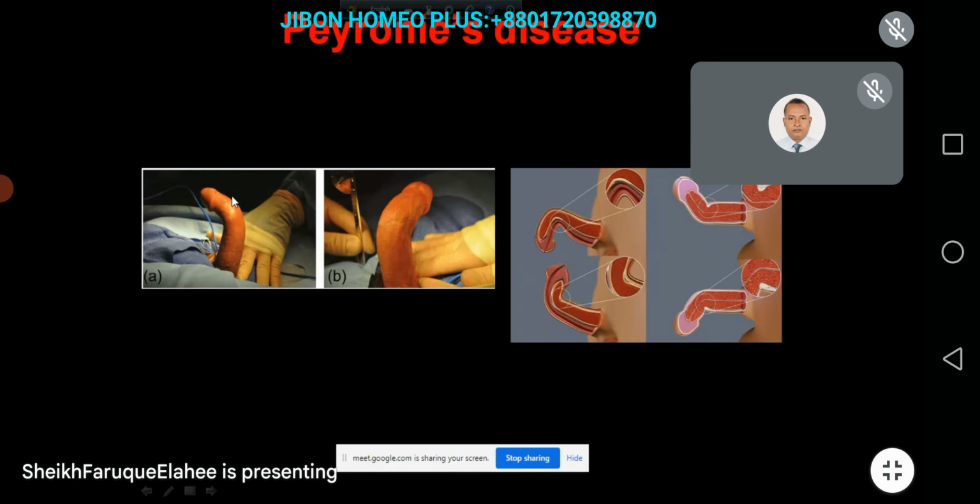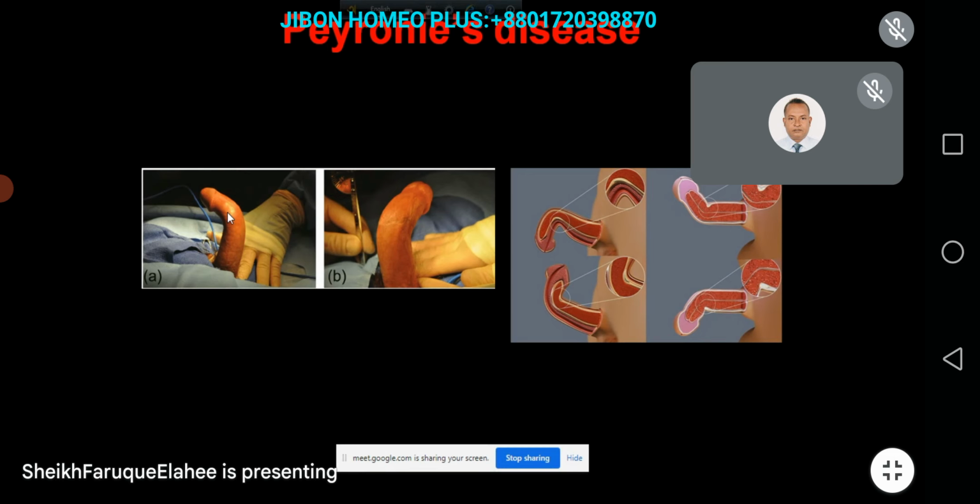The urologist will open this penis and he will remove this plaque and he will repair. But the problem is that after removing one plaque, the patient may have another one after a few months. So the same thing again. This patient